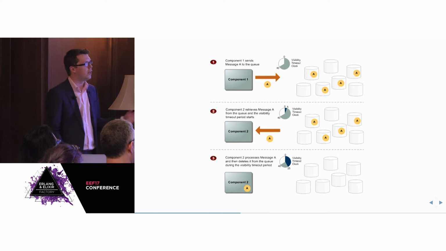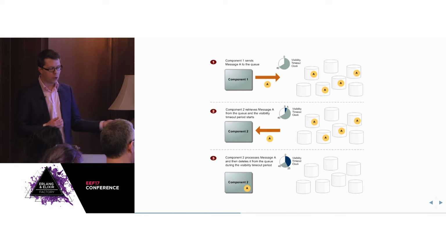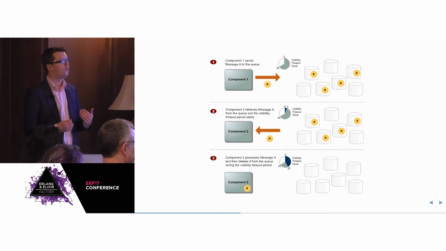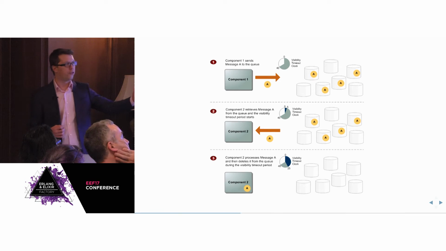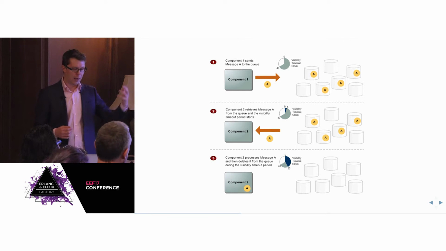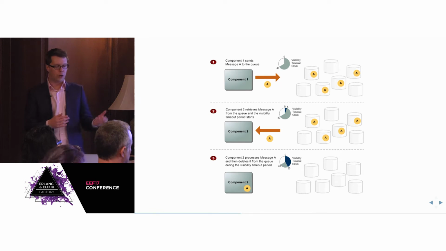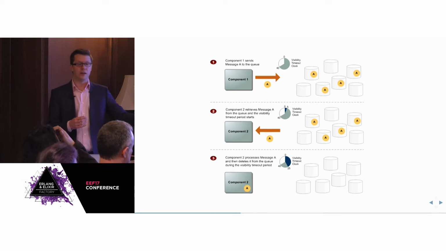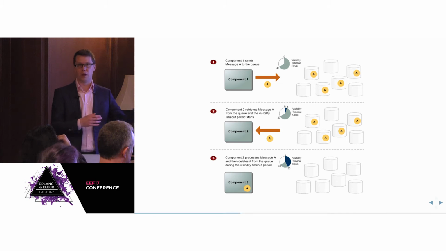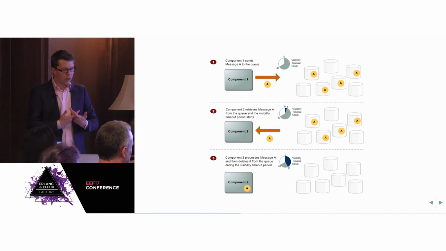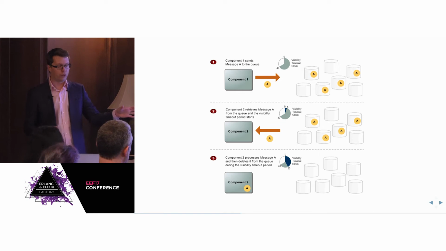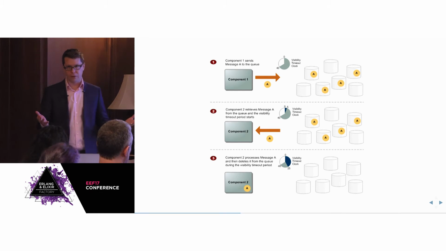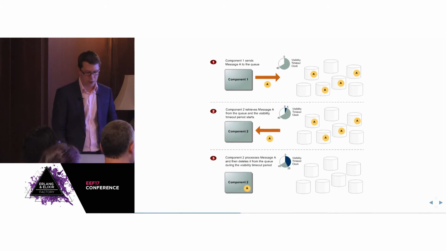The way SQS guarantees that you're not going to have two instances pulling the same message down is this visibility timeout. When one instance of Palette asks for an event, it will get that, and then in the ideal world, it will finish processing it, and then it will go back and delete it. But if it crashes for some reason, or if it just gets stuck, then it will never send the delete. And that message, since it was always still on the queue, it was just hidden. After a timeout, it will just become available again, and another instance can pick it up.